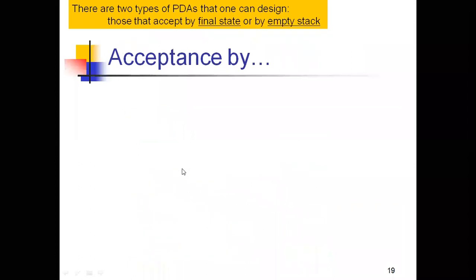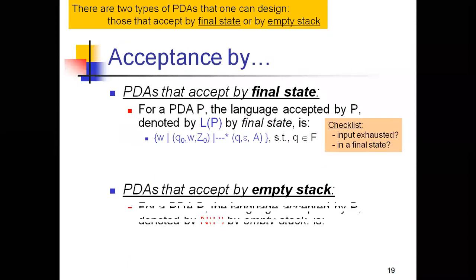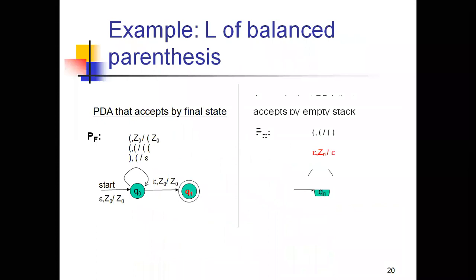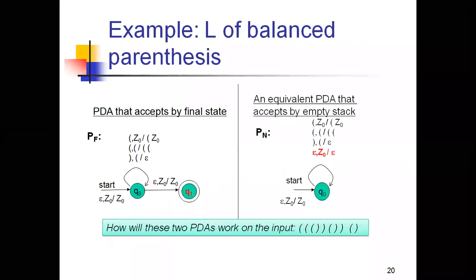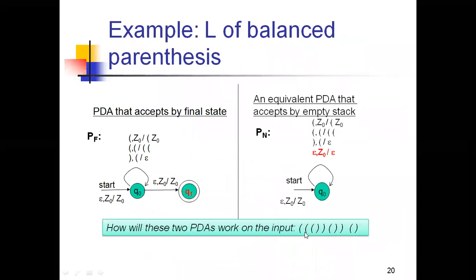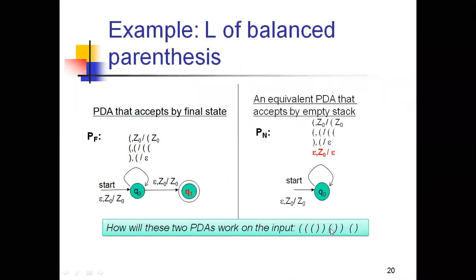So please note down the input string and check whether the input string is acceptable or not. That means for the PDA designed for acceptance by final state as well as for acceptance by empty stack, please check whether it is accepting or not, right? And here how many open parentheses are there? Here we have one, two, three. These two open and these two open, and here also open and open, and this one is closed and open and closed.